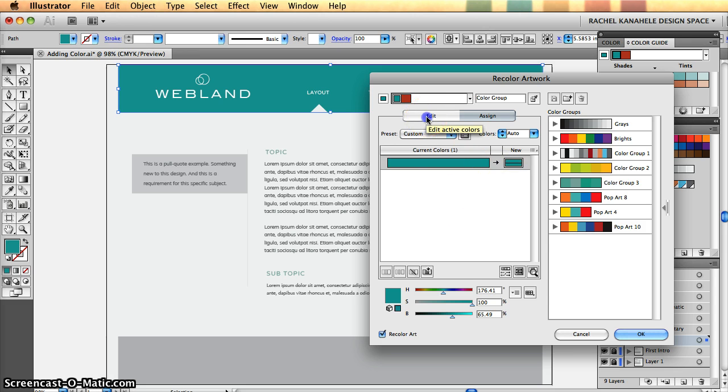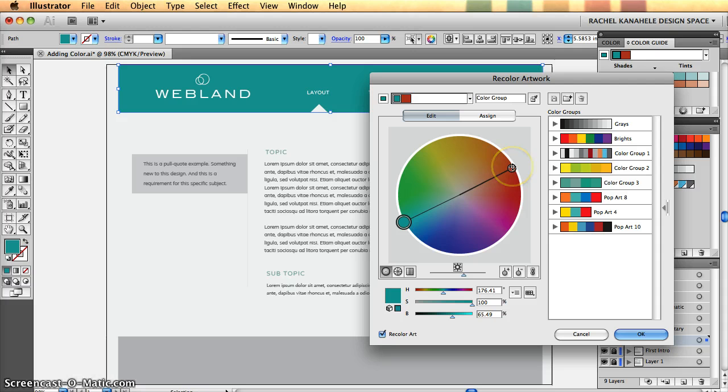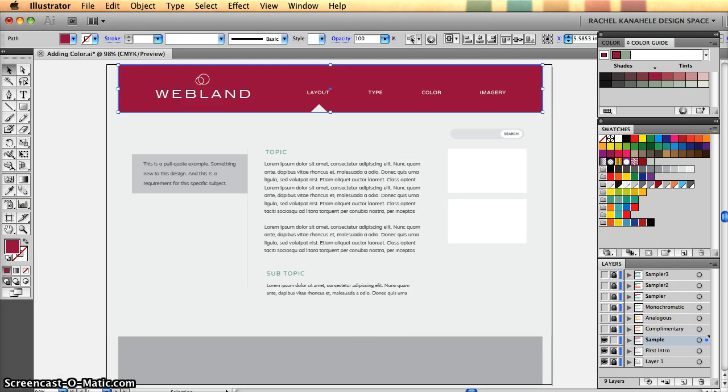and then I can go to edit, and you can see that this red color is complementary to that blue. So it's really neat. Or you can just switch it around. You can go inside a little bit like that, switch it around, let's not go brown, let's leave it right there. Okay, you can push OK, and then it comes right up here in your color guide,